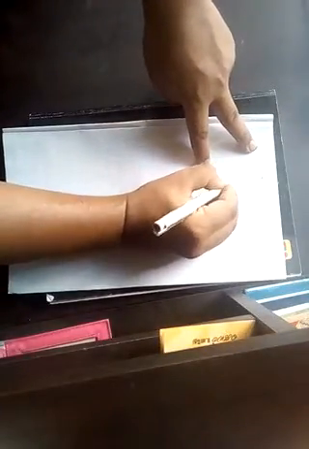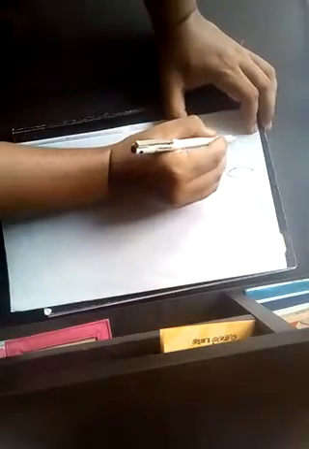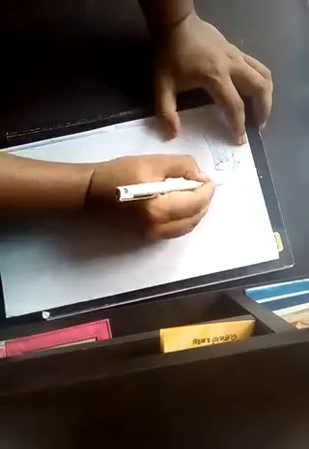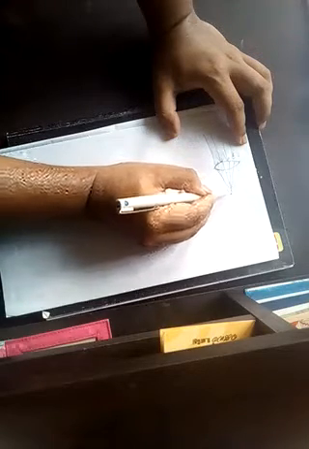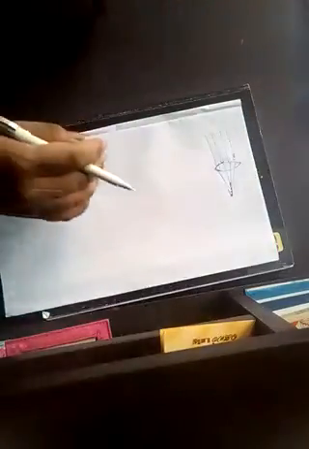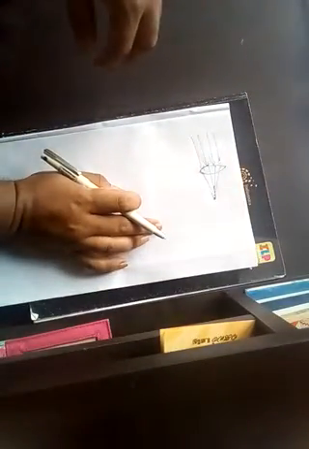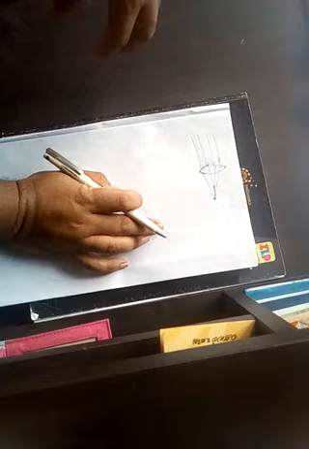A convex lens looks somewhat like this, I'd like to draw. Both sides have a bulging surface. Now a convex lens is able to converge rays of light. Whenever light passes through a convex lens, it strikes the lens and is able to converge at one point. All the rays converge at a point. Let us say this is the point where all the rays converge. That's why it is sometimes also known as the converging lens.